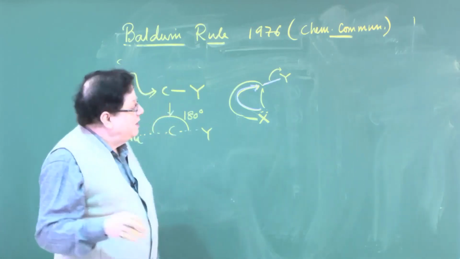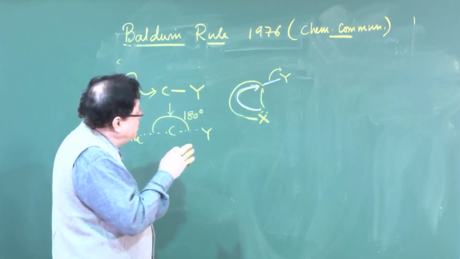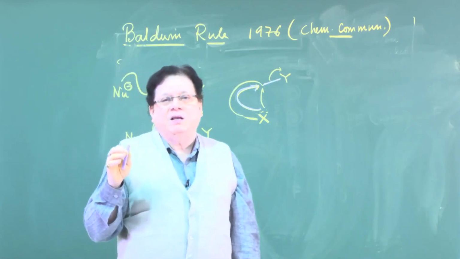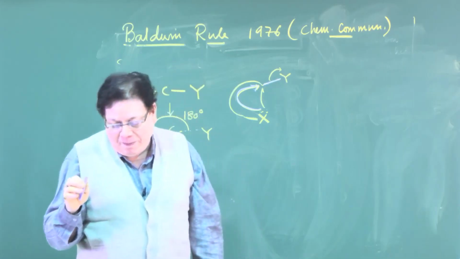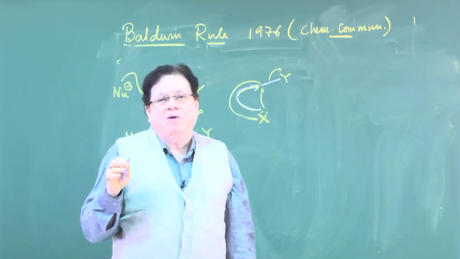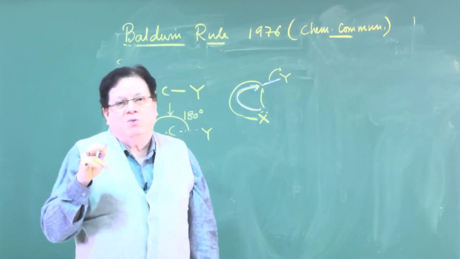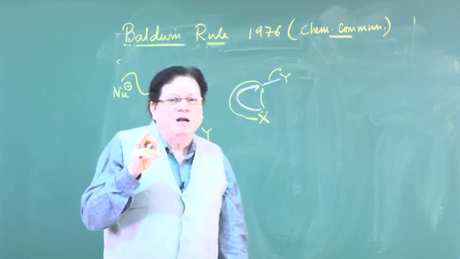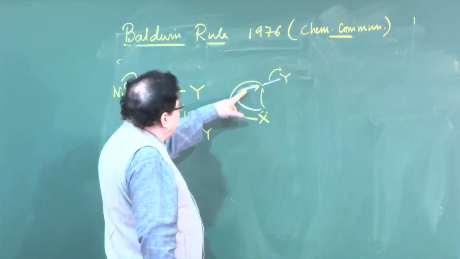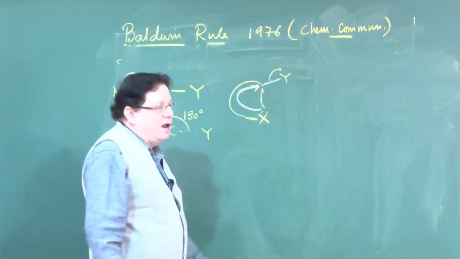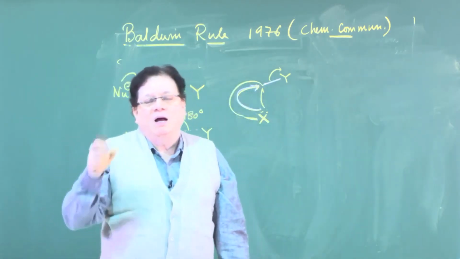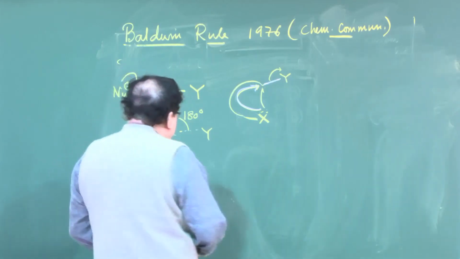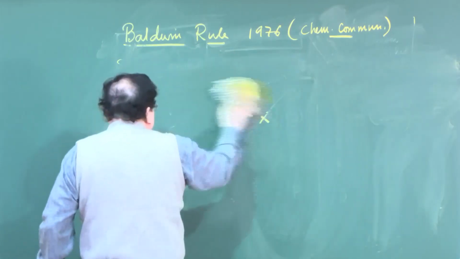So, here, to frame the rules, Baldwin first considered the trajectory of the attack by the nucleophile to the atom where the connection is being made. If it is a tetrahedral carbon, then the trajectory should make an angle of 180 degrees with the leaving group. So, that is for tetrahedral carbon. If you have a trigonal carbon, then